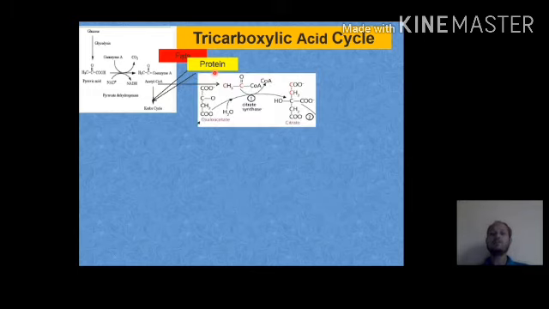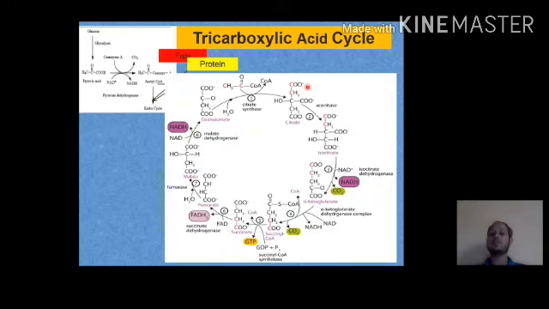Acetyl-CoA takes its entry into the TCA cycle and combines with a molecule of oxaloacetate, resulting in the formation of citrate. This reaction is catalyzed by the enzyme citrate synthase. Here you can see the structure of citrate. Citrate possesses three carboxylate functional groups. Because of these three carboxylic groups, the first product formed, citrate, consists of three carboxylic groups, and that's why this cycle is known as the tricarboxylic acid cycle.